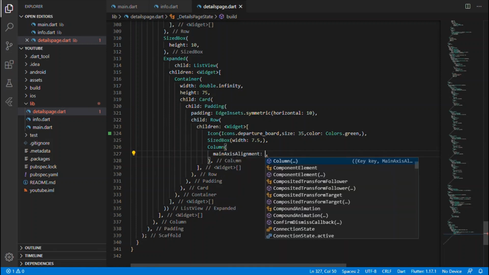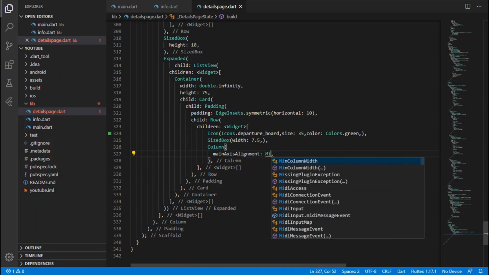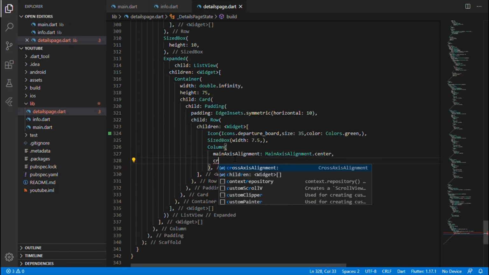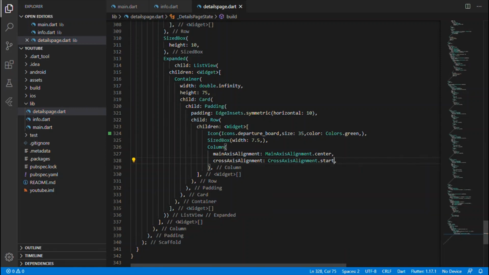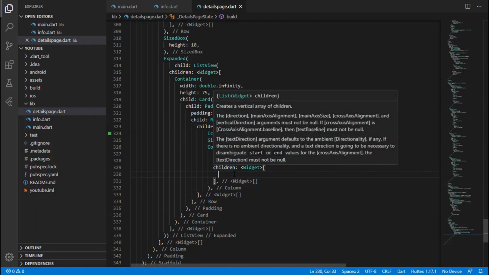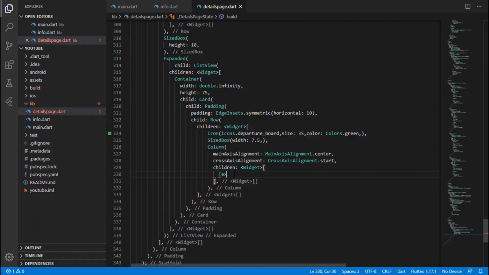And we could specify the main axis alignment as main axis alignment dot center, and the cross axis alignment as cross axis alignment dot start. Okay, now the column takes the children widget with the first child as a text, which is per day option of charging